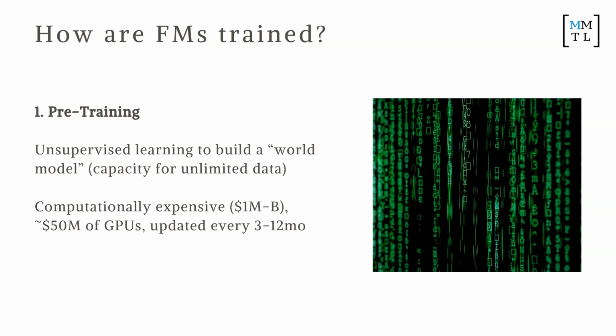And that is unsupervised learning, meaning that you just send it a ton of data and it builds a world model. Okay, so that's where it builds all those fancy embeddings that we were talking about for literally everything that it can see. And this has the capacity for unlimited data, which is very amazing because prior to this step in human history, we've never had a tool that has capacity for unlimited data except for ourselves.